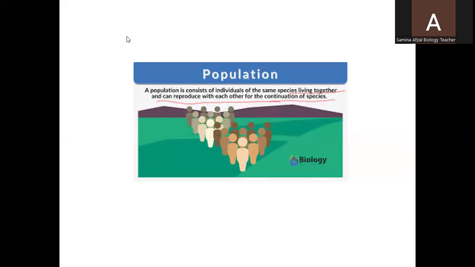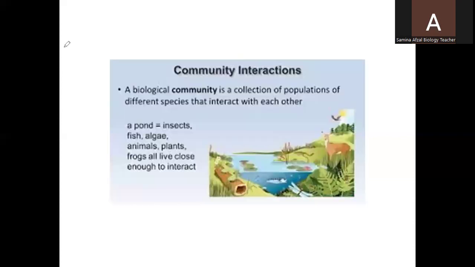The next is the community. Community is actually when different populations interact with one another. So there can be different populations of organisms of different species living at a place. We say that this is the community. So a biological community is a collection of populations of different species that interact